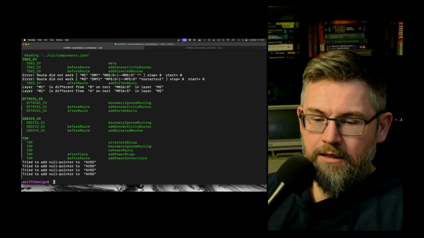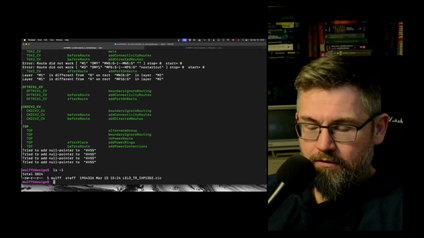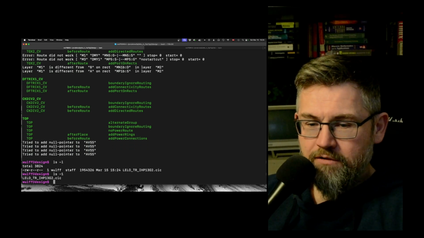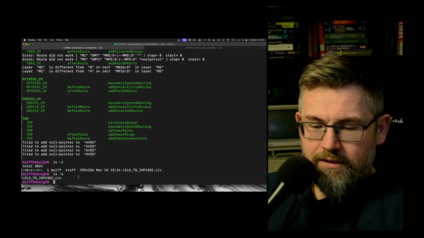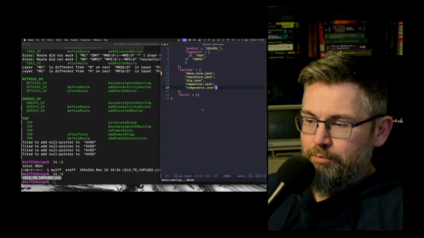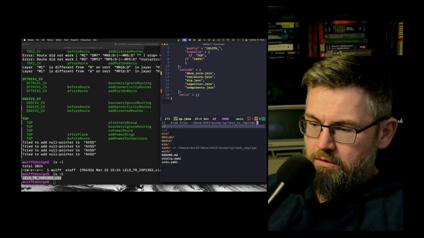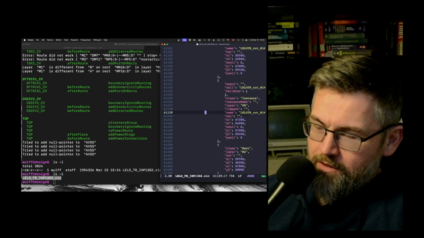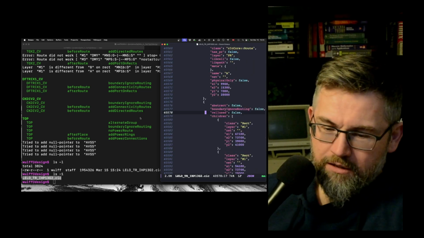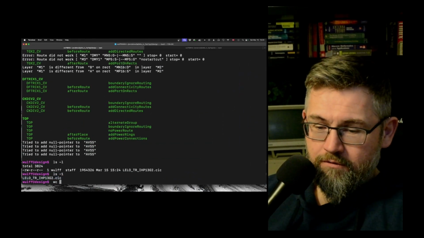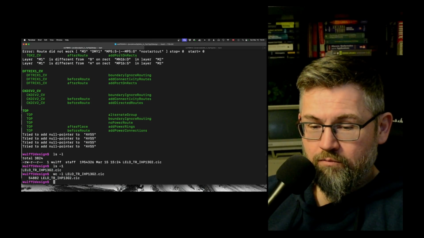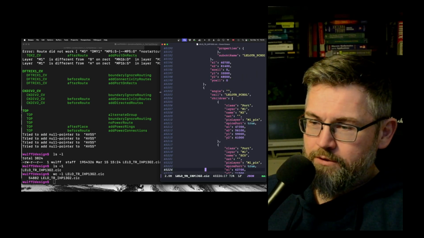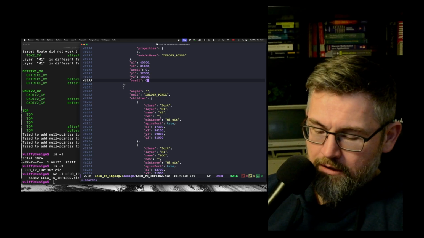So now it hasn't generated anything yet. All it has done is generate this CIC file. So you can see there's no magic files, there's nothing. So all there is is this CIC. Now let's open that up. So that CIC file is pretty big. Actually, let's see how many lines. So it's 54,000 lines, and it's a JSON file. So if you go inside here, you will find, and let's do